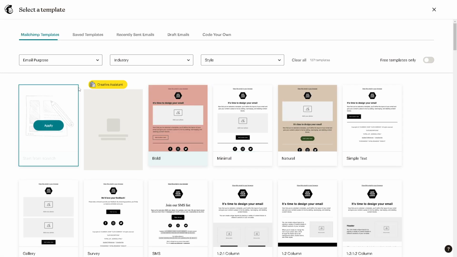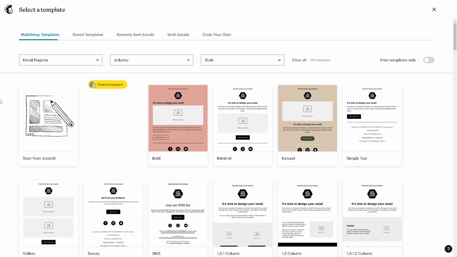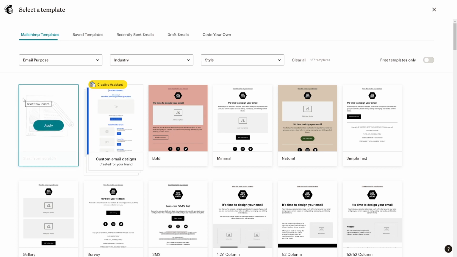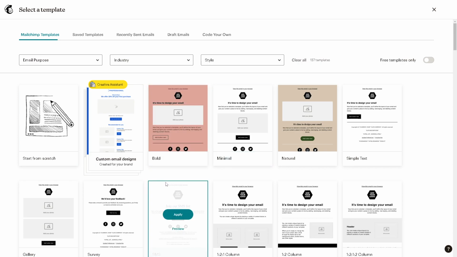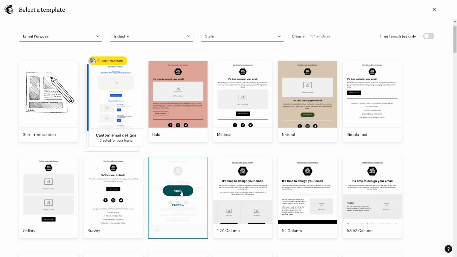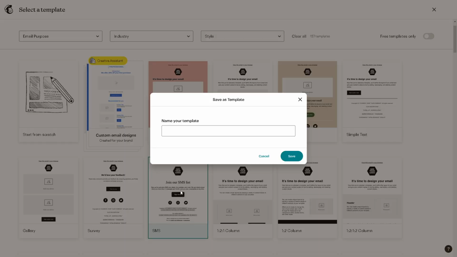After doing so, it's a little bit easy because from here you can choose to start from scratch, or you can use a creative assistant. And obviously there are multiple templates you can choose from. Say for example, we're going to be using this template right here. Click on apply and you can rename your template. Say for example,